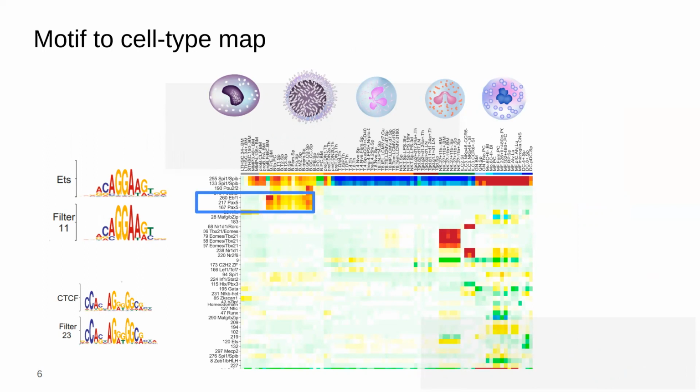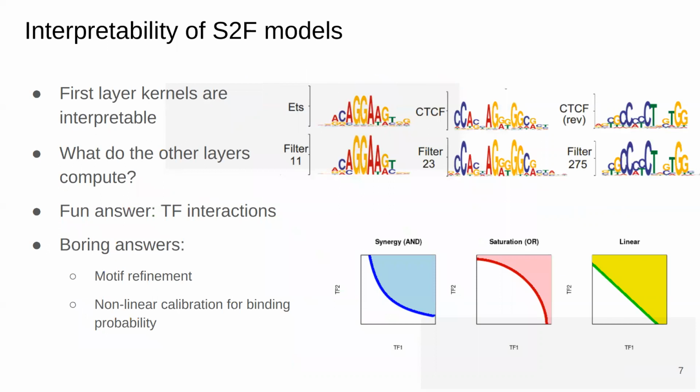And it contains a lot of things that we might expect. So, for example, looking at this module that is highly associated with B cells, it contains well-known regulators of B cell lineage commitment like PAX5 and EBF1. And here's the same thing with ROR gamma being important for ILCs. Now, what does this really say about the overall interpretability of these neural network sequence-to-function models? We can see the first layer kernels are actually interpretable, and we can compute the relationship between the first layer kernels and the final output.